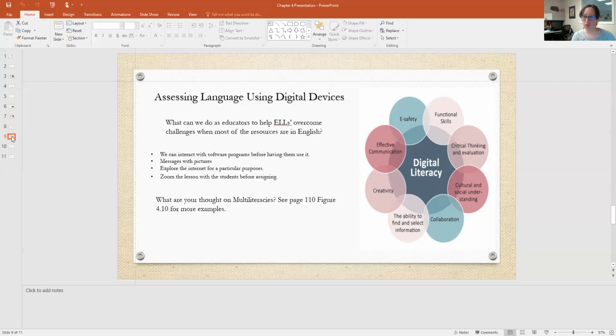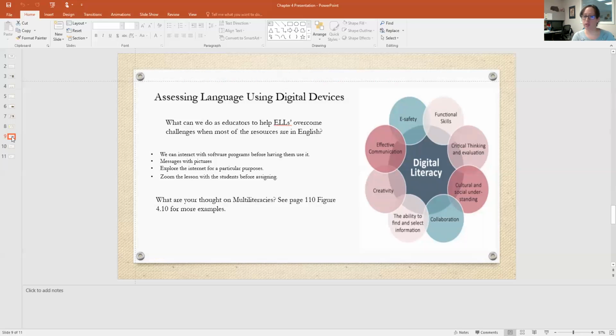Messages with pictures. Pictures. I've been saying this since we started. Pictures just are so helpful because even when you don't understand something, you kind of look at the picture and it's like, okay, you can either go this way or that way, but it opens it up where I can ask a question if there's something that I don't understand.